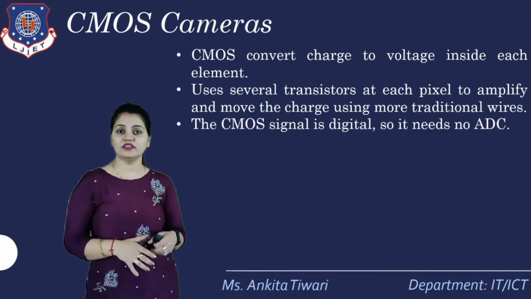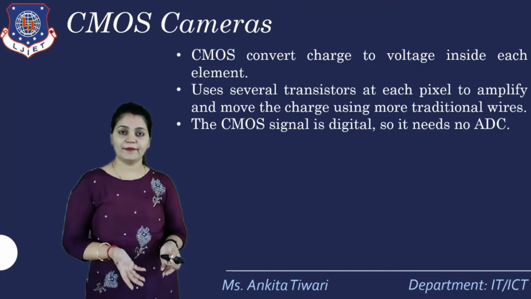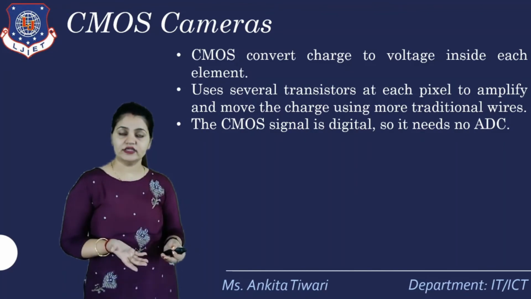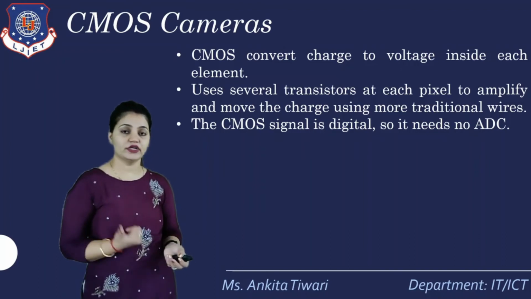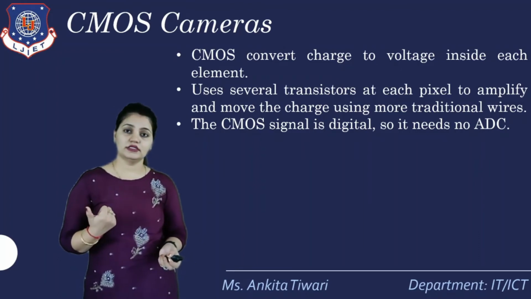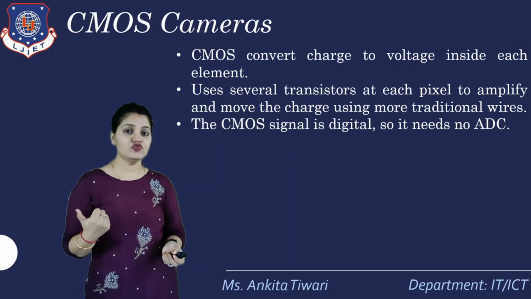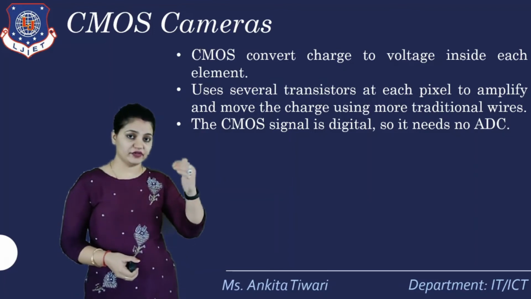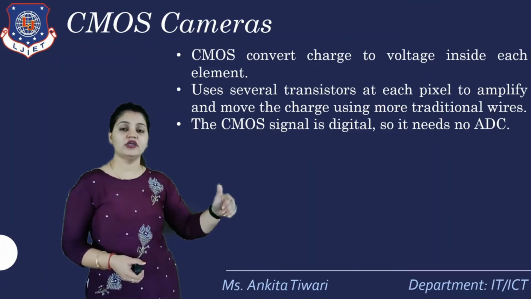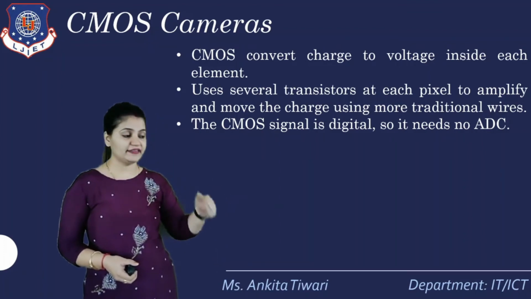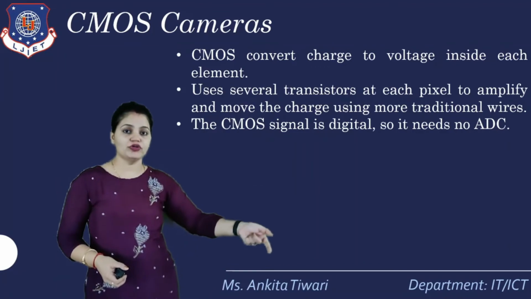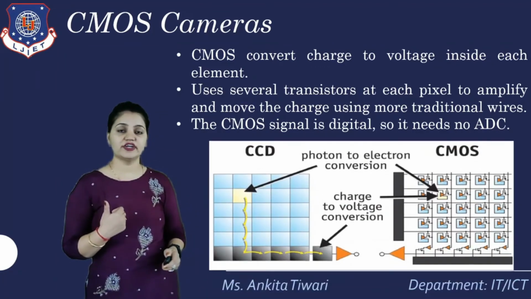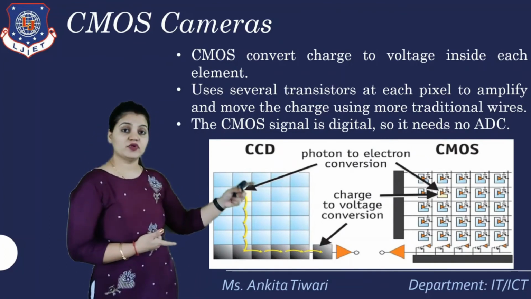So the CMOS signal is already digitalized. It is a 0 to 1 conversion directly, so it doesn't need any A to D converters. But in CCD, we need to have that conversion because it is not internally driven. For the whole system, it goes through the charge to voltage process, is given to the output node, and from there it goes to the A to D converters. So there is a need for A to D converters. This is what CCD and CMOS are.